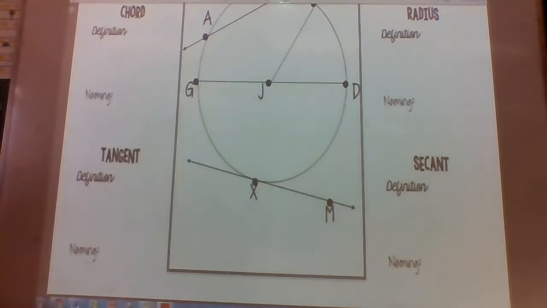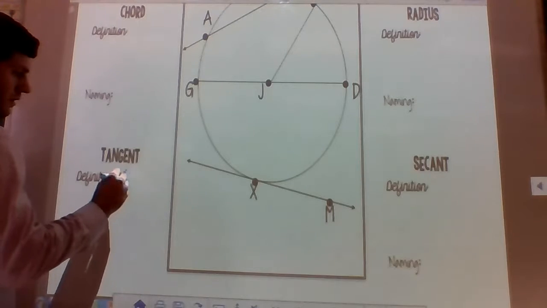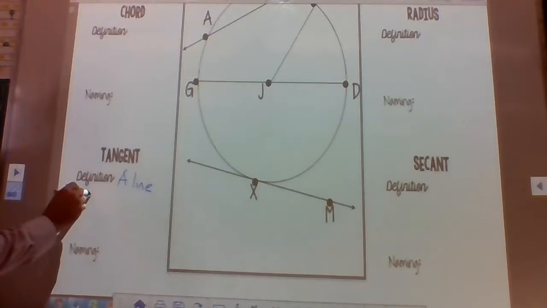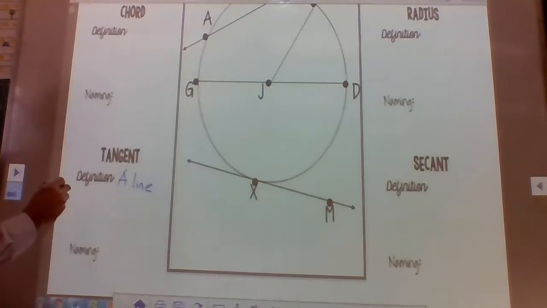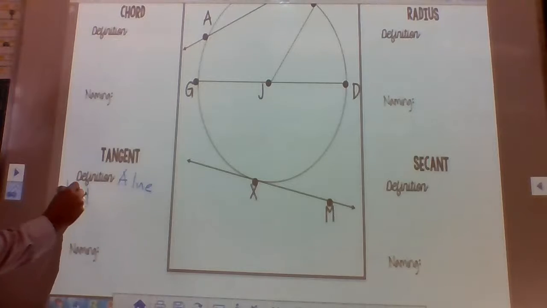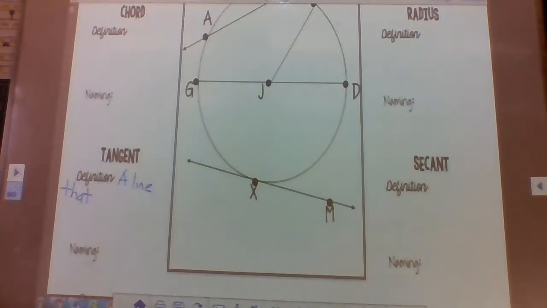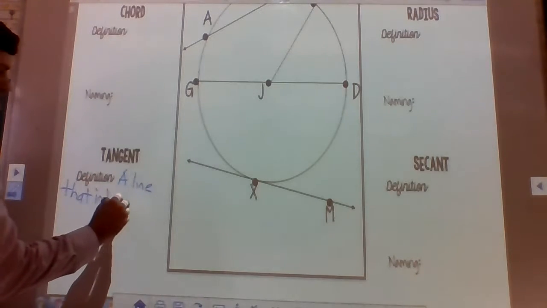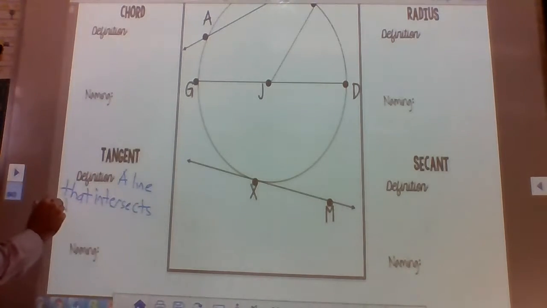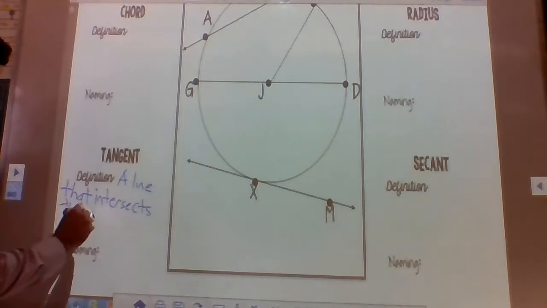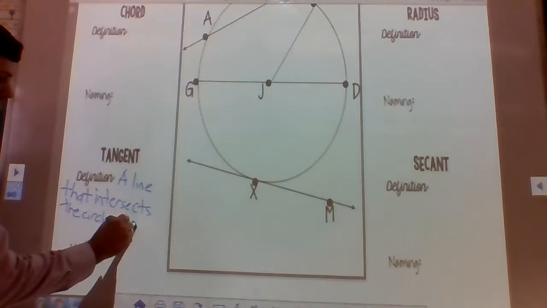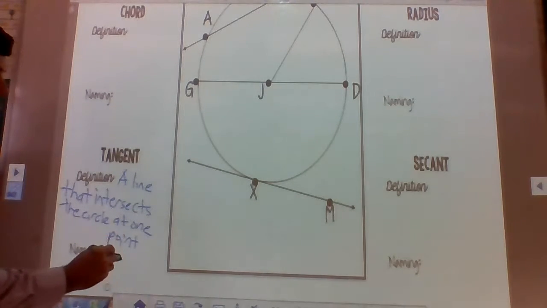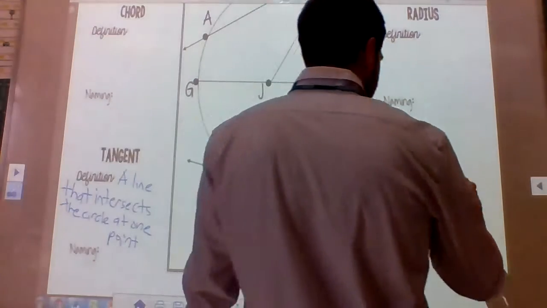So a tangent line is a line that touches, which is really the best word to use here, but I don't think that's very academic. So let's say a line that intersects the circle at 1 point. Okay, and then a secant is going to be defined as a line